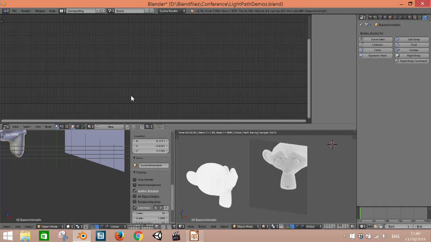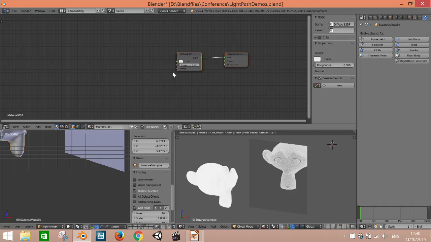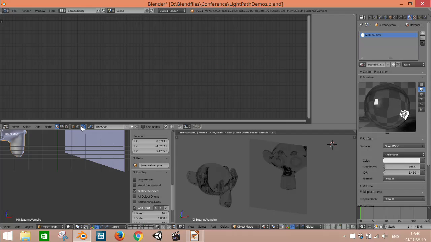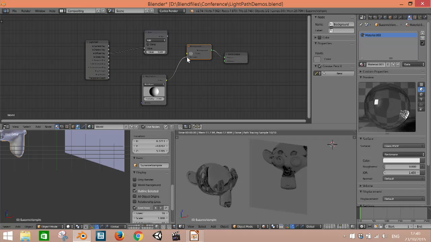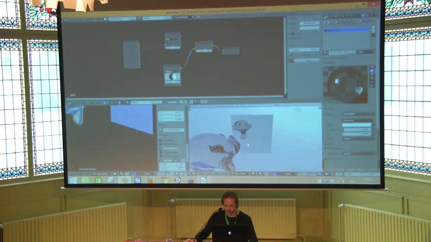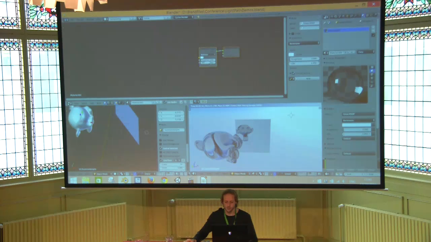For example, if I only have a single colored background, so it's probably not going to see that much. I use a glass shader, and let me use a skylight as well, like so. And we need to go to perspective view. Okay, so we have a list of the IOR, the index of refraction of different materials in the book as well. If I increase